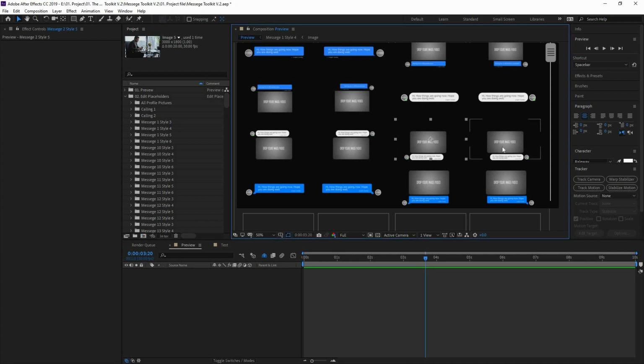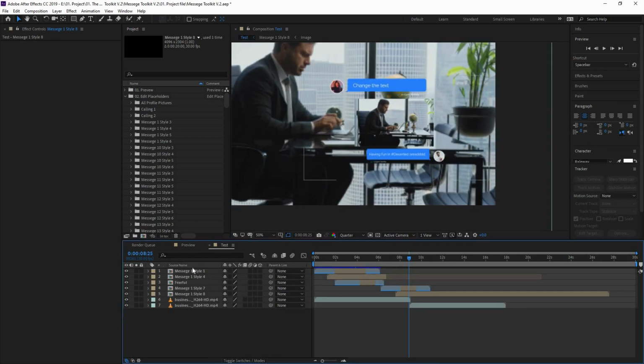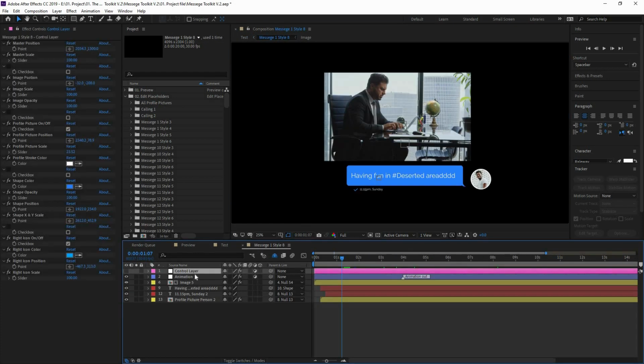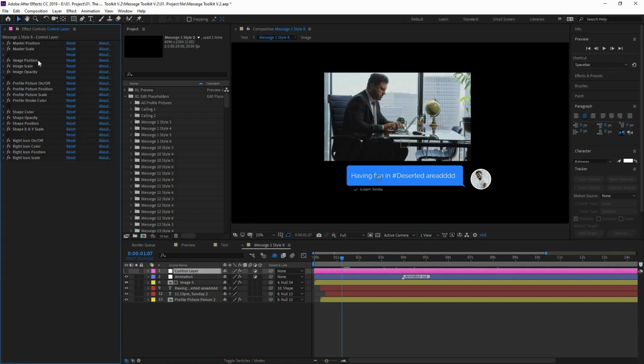But for this image version, you need to duplicate them, and also you need to duplicate the inside image placeholders and need to replace them. Also, let's take a look at this control layer a bit. Once you select that, make sure to collapse all of them down, and here you will find a master settings